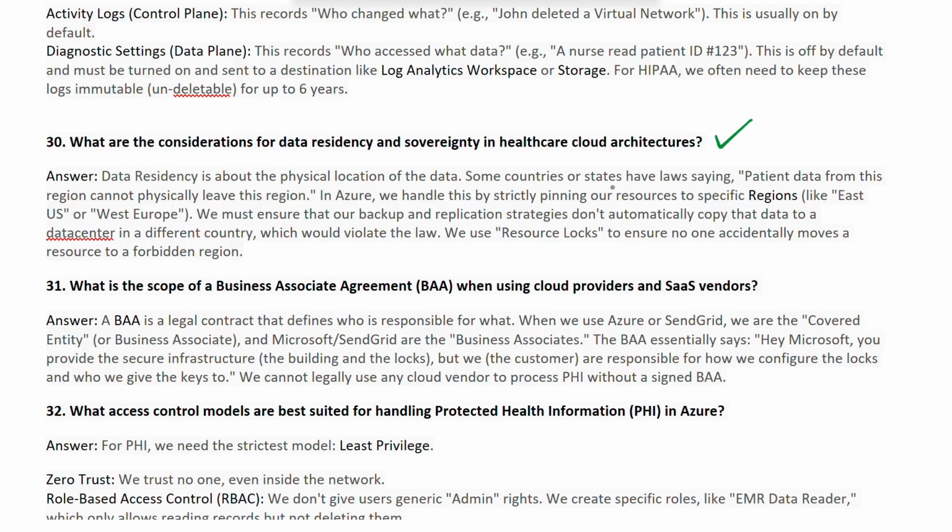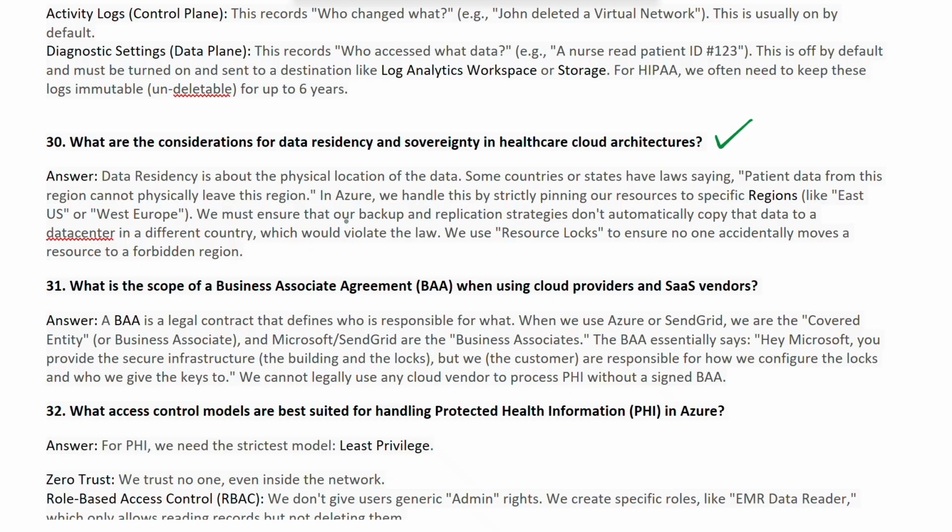Some countries or states have laws that say patient data from this region cannot physically leave this particular region or country. So in Azure, we can handle this by strictly pinning our respective services to specific regions like US East or West Europe.